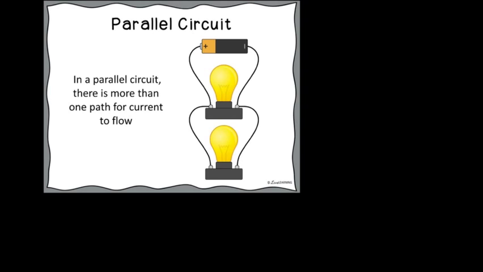In a parallel circuit, on the other hand, you can create more than one path for the current to follow. So if we go back up to our battery, we know that the negative electrons are going to be repelled by the negative side of the battery. So they're coming out of the negative side of the battery, going down to the first bulb, and then they can go through the first bulb back to the positive end of the battery,